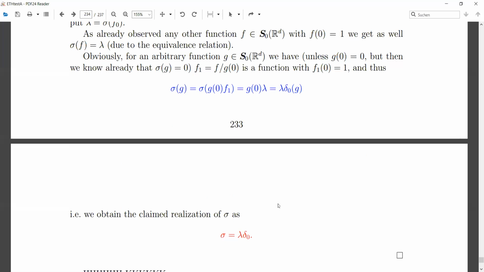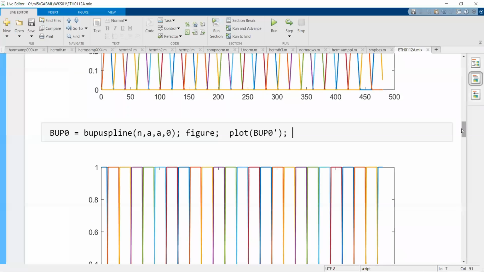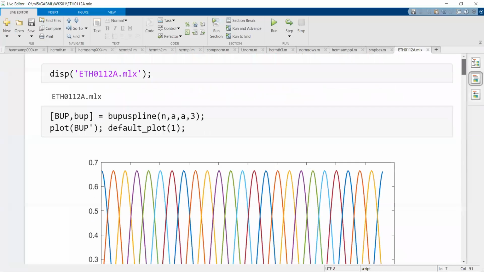Okay, we have spent much more time than I was expecting. So I will try to go quickly into MATLAB now and show you a few things which I have prepared already this time in the live script, and I will try to share it. So later on, I will tell you how I'm creating in MATLAB these partitions of unity,